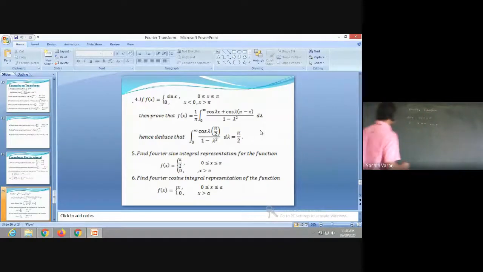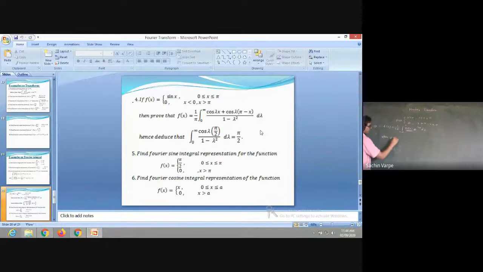So here, let us start with the Fourier integral of this. Therefore, Fourier integral, exactly the formula. I hope it is clear now. If still there is any doubt, you can ask me later. So f of x is equal to what? 1 upon 2 pi integral from minus infinity to infinity F of lambda e to the power i lambda x d lambda, isn't it? Where this F of lambda is